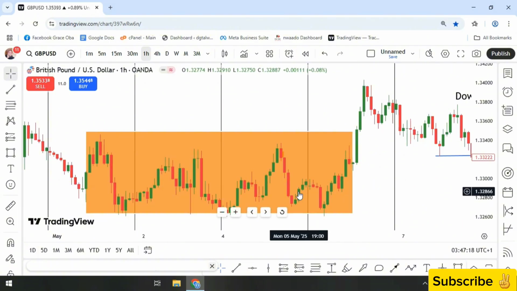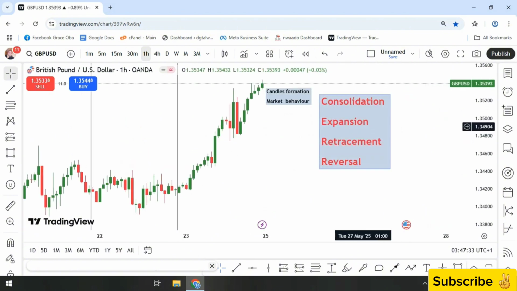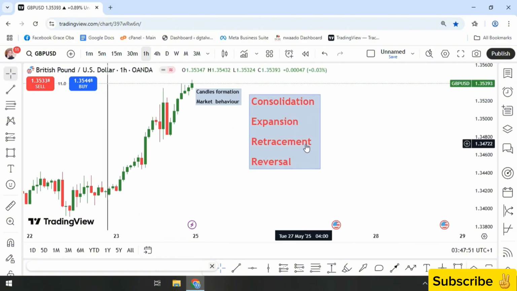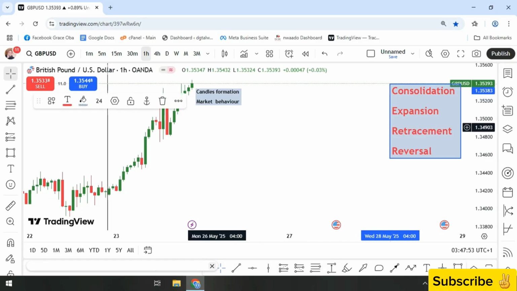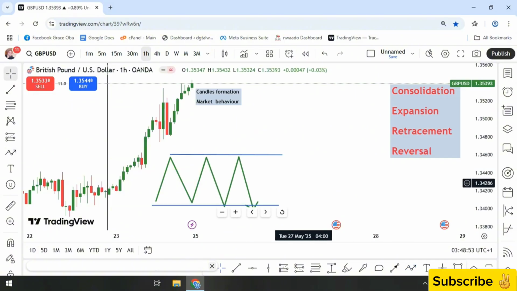Now, after consolidation comes what? After consolidation is the next one, which is the expansion, right? Either the market expands upward or downward, right? Either it rallies up from a consolidation or it starts declining from a consolidation. That is to say, immediately after this consolidating movement, the market now starts showing indication to